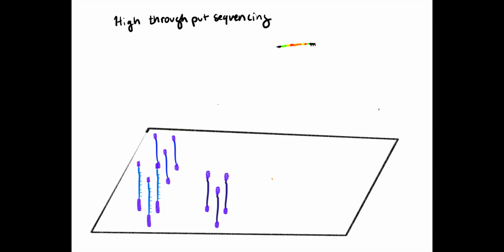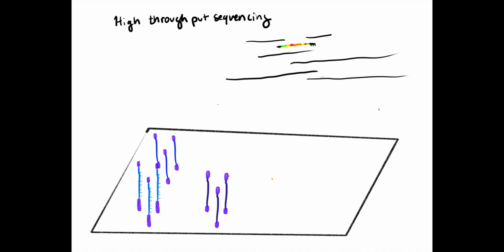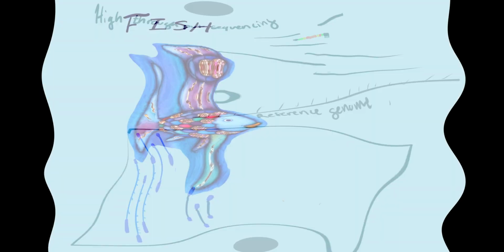So after sequencing all the different fragments of DNA, you put them in order by matching up the overlapping ends and using a reference genome to match against as well. So I'm going to move on to